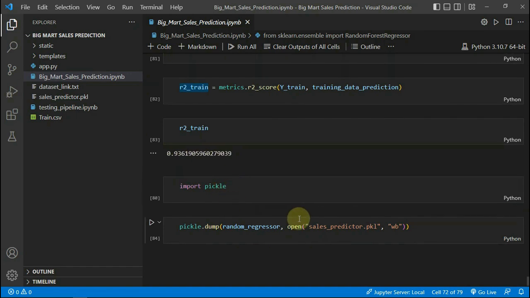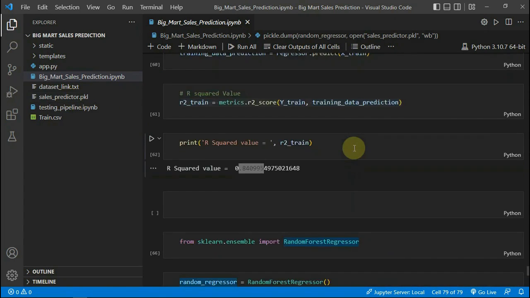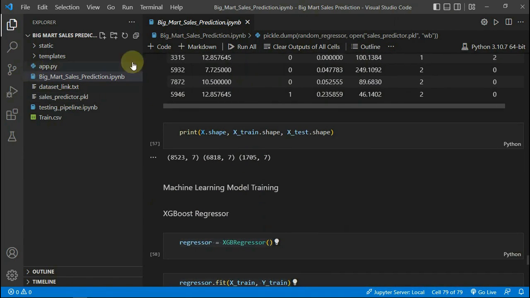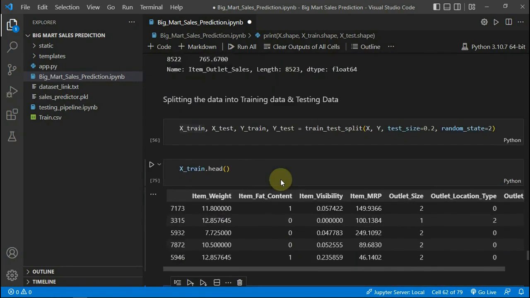So we made a pickle of that random forest model as sales predictor.pkl, which is this file you can see. So let's talk about deployment